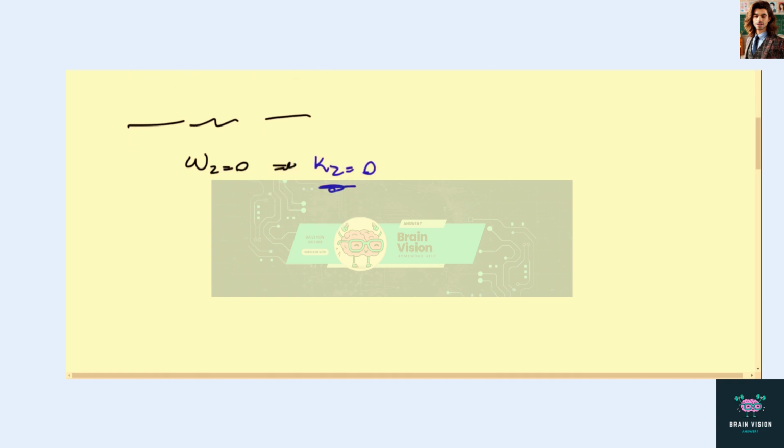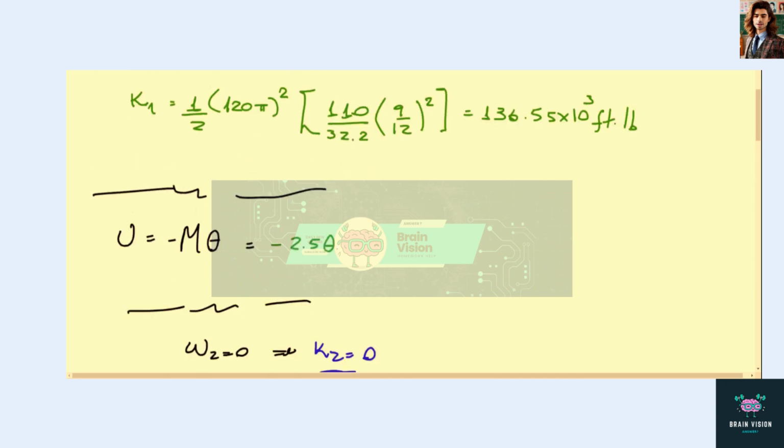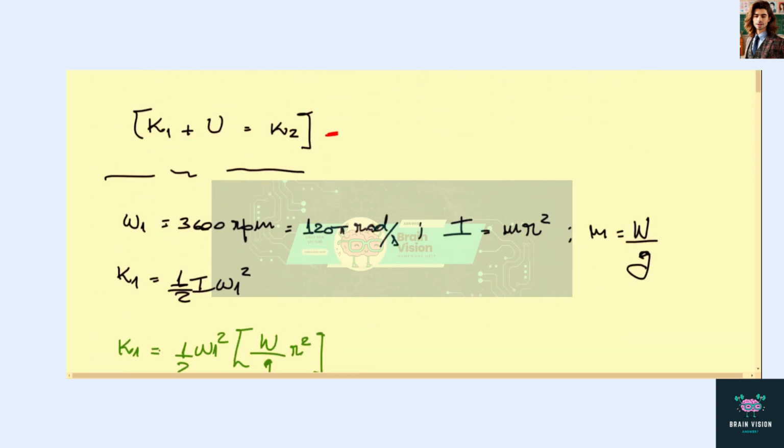So the answer to this problem, using this first equation here, is 136.55 times 10 to the 3 minus 2.5 theta equals 0. That implies that theta is equal to